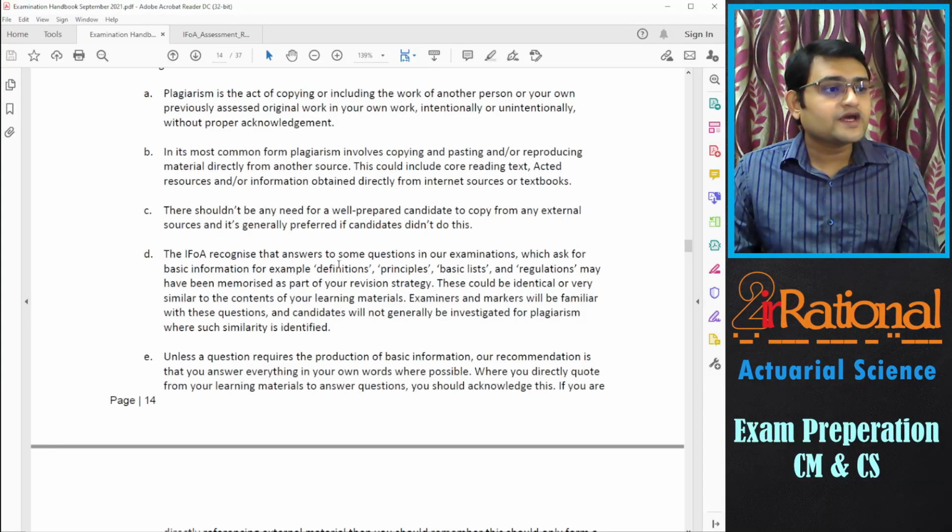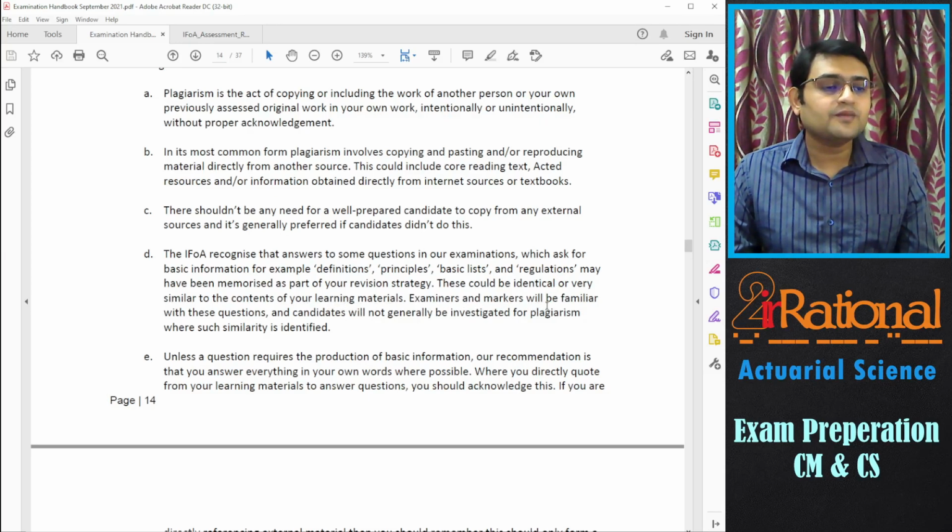Okay. The IFOA recognizes that answers to some questions in our examination which ask for basic information, for example definitions, principles, basic lists, and regulations, may have been memorized as part of your revision strategy. These could be identical or very similar to the content of your learning material.